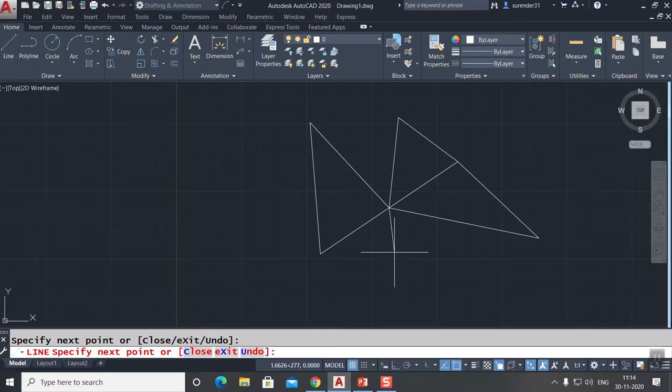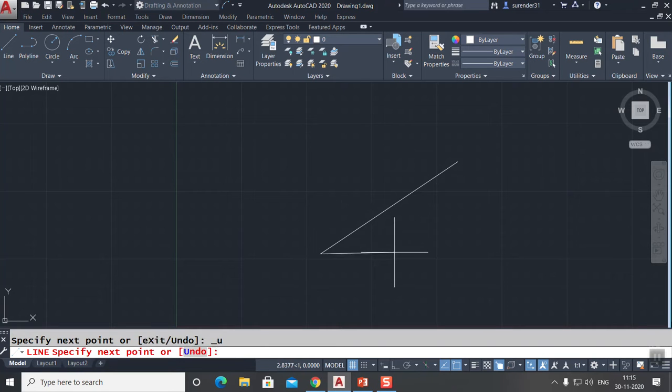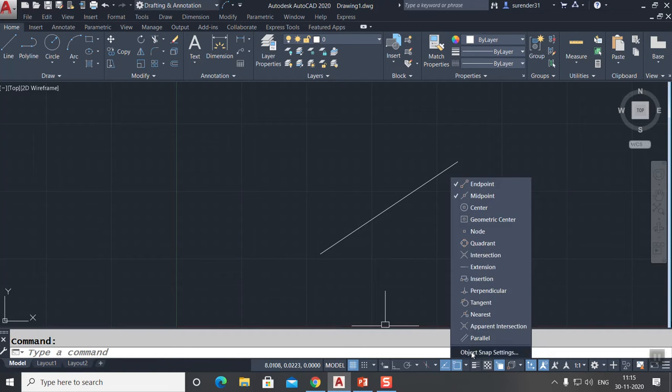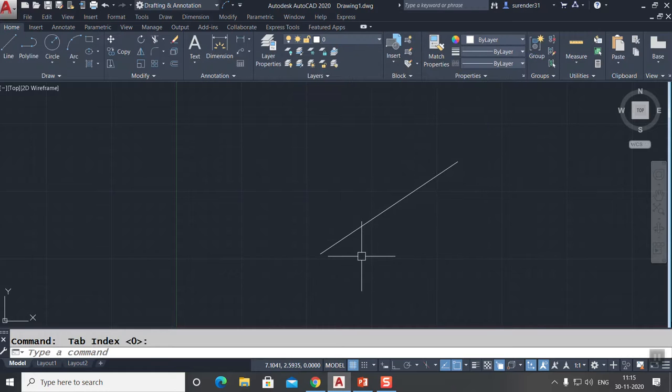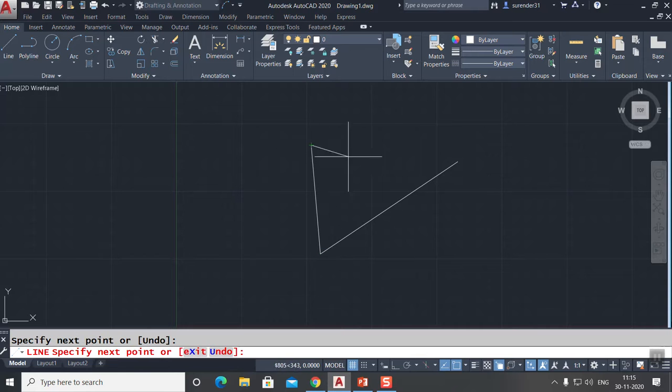Now, as I told you earlier, if all are on, what is the problem? Let's check out why you should not do that. See, now I'll make all of them on, and let's check out the same thing. If I want to look at the endpoint, I need to come to the endpoint and then click. So it is a bit difficult, and it takes a lot of time to work like that.